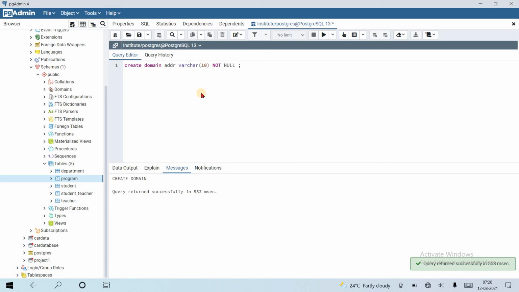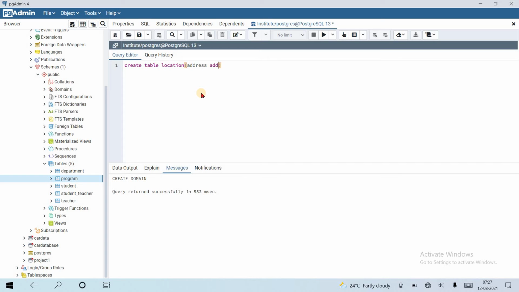So now we can use this data type in our table. Let's create one table. Create table location, and inside this the address is the first column.